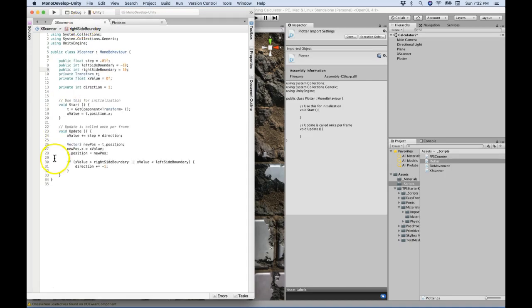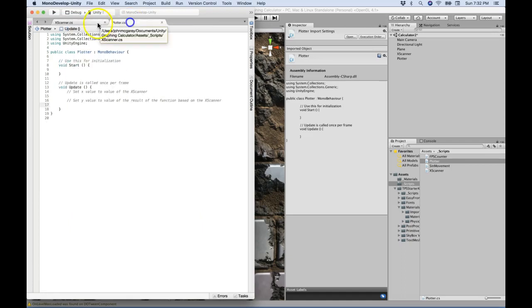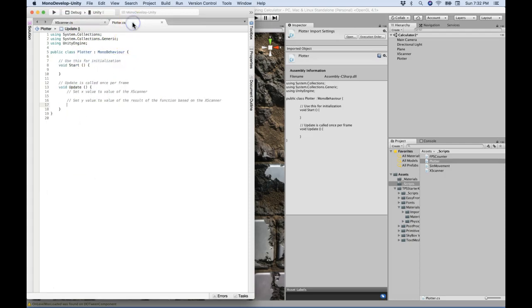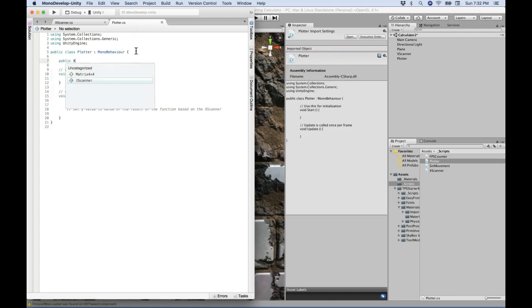Let's go back to that script and make an accessor for that. Public float GetXValue, return xValue. That's it. But now the plotter instance needs access to the X scanner instance so that it can get that value. So one way to do that is public XScanner